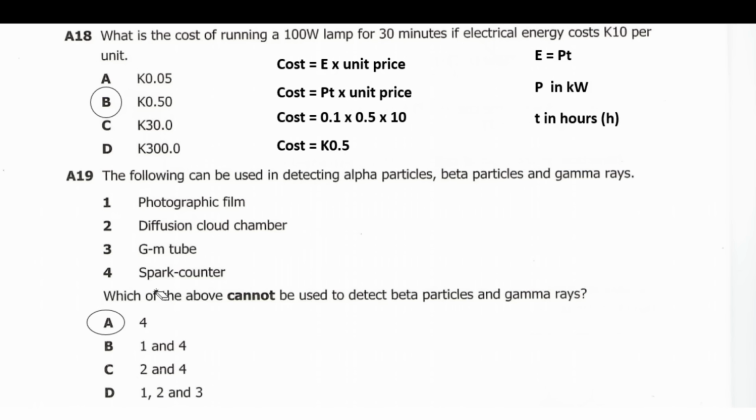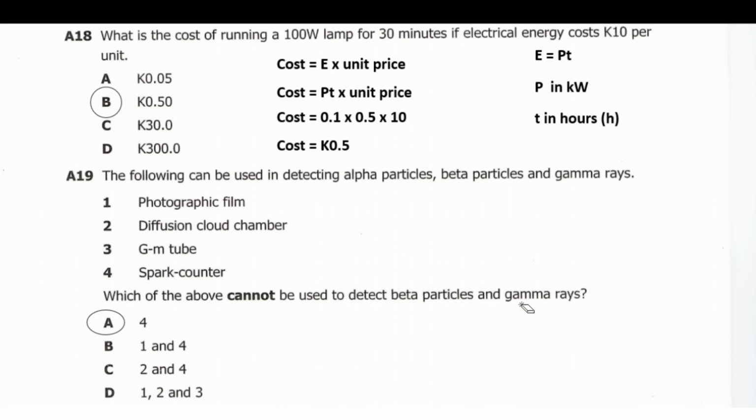Spark counter cannot be used to detect beta particles and gamma rays because these have less ionization power to bring about ionization of particles that can create a spark that can be read as an indication of the presence of some beta radiation or